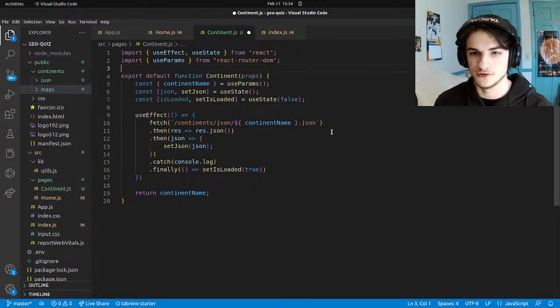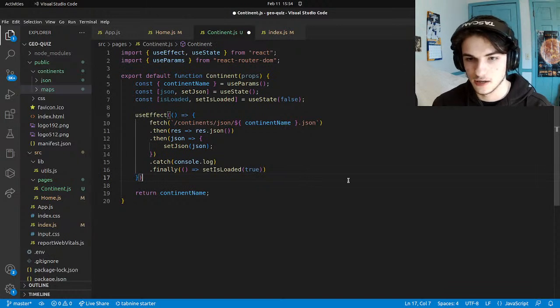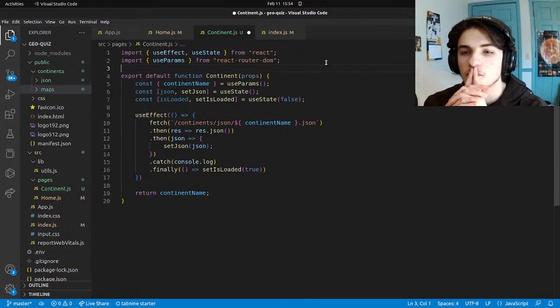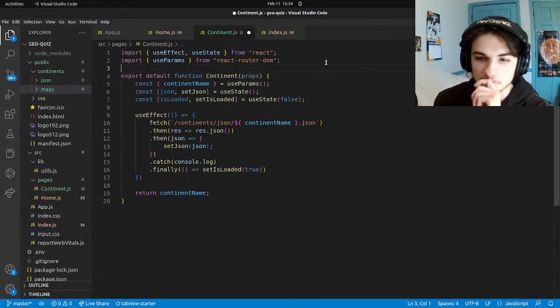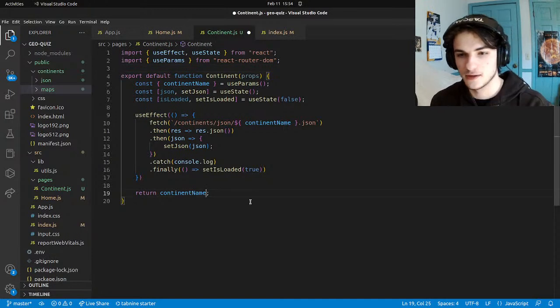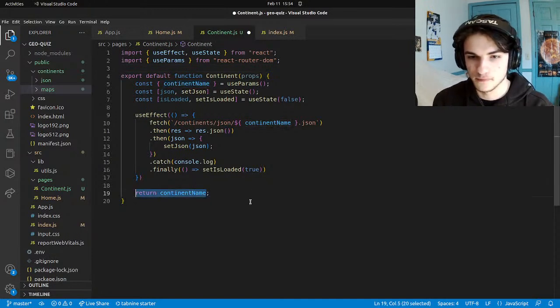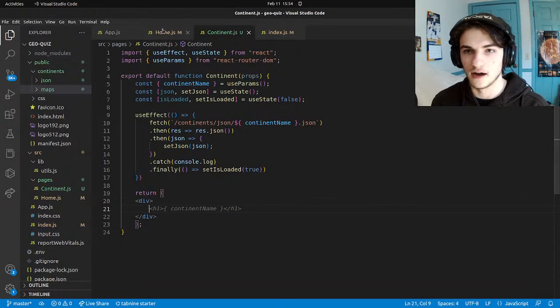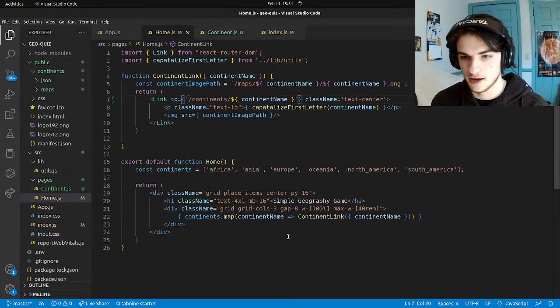I'm just going to make, I guess I'll make a function. Actually, I'll just return. Actually, no, hang on. Let's make a new... Let's make the container for this part of the page first. The main container. I'll just copy